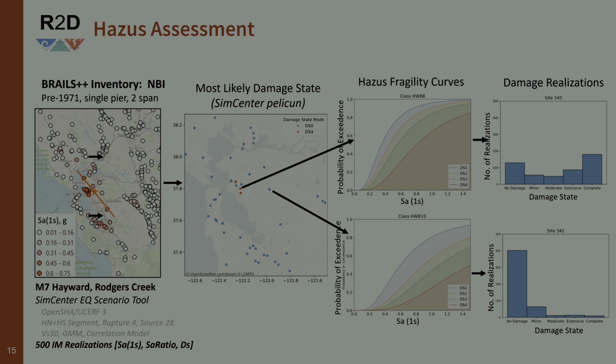And you can see plots of what's shown here, say, the most likely damage state you're going to get out of the 500 realizations. Each of those is coming from, I think we're familiar with these fragility or damage functions, if you will, spectral acceleration at 1 second versus the different damage states. And then what you see at the right, and I'd like to point out some trends you see, is that